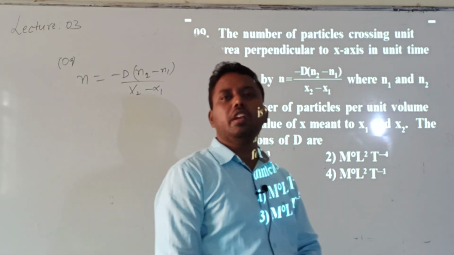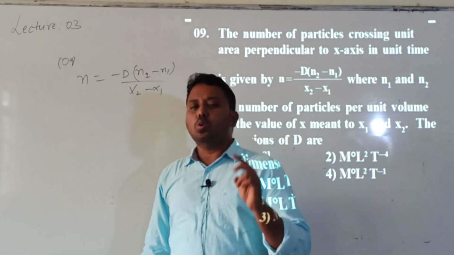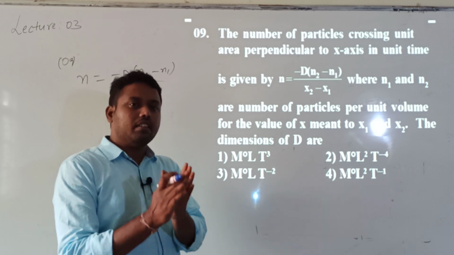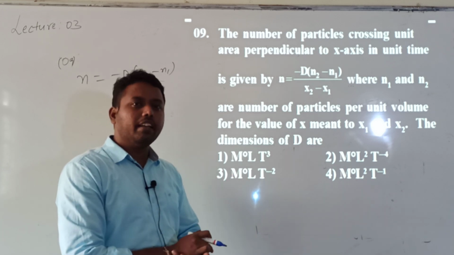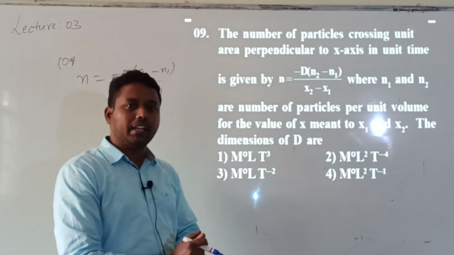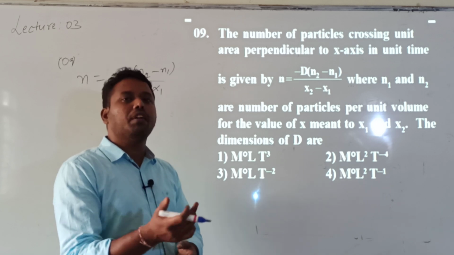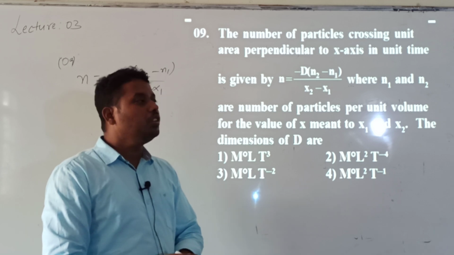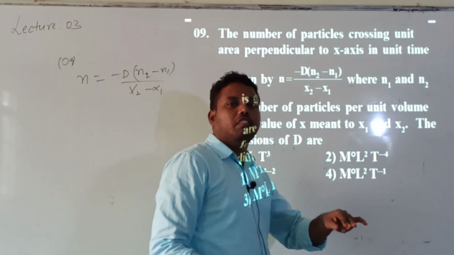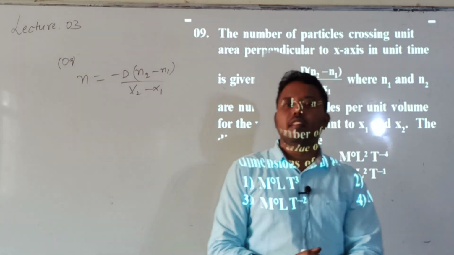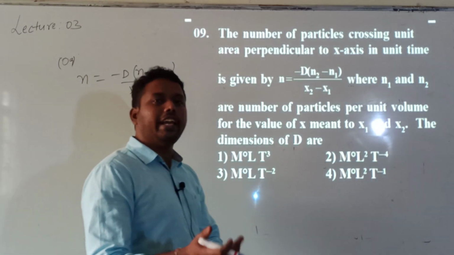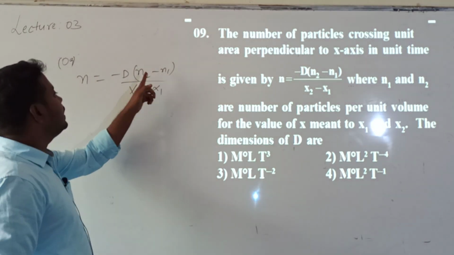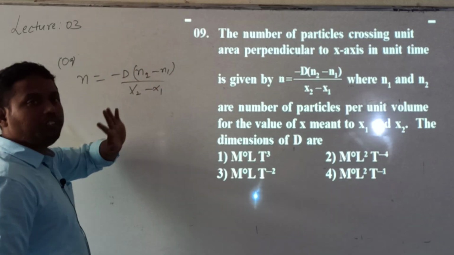But one important point you need to remember is to add or to subtract. Generally you know that vectors of the same type only can be added, vectors of the same type only can be subtracted. You can subtract length from length, you can add force to force. So here also, those physical quantities which have the same dimensional formula only can be added or subtracted. Here when I subtract n2 minus n1, the dimensional formula of n2 is the same as that of n1.